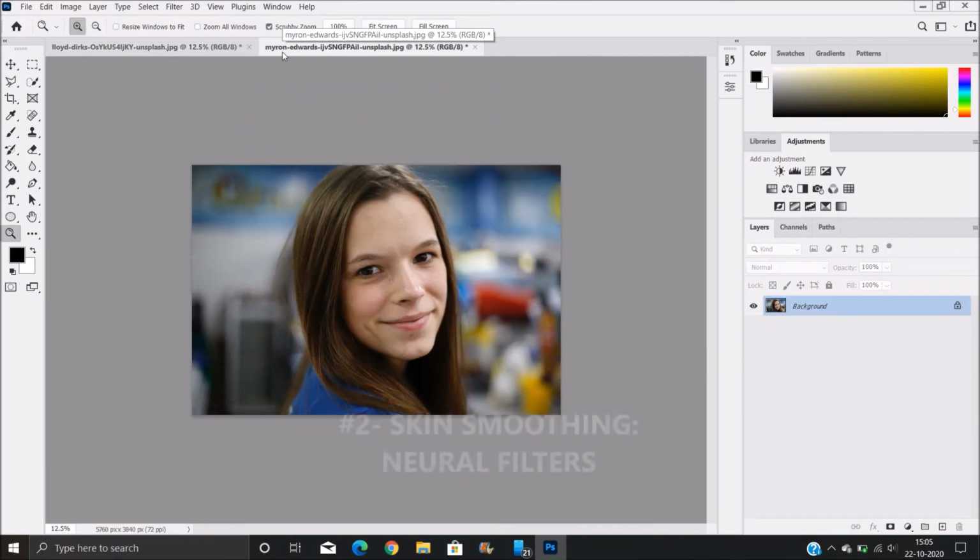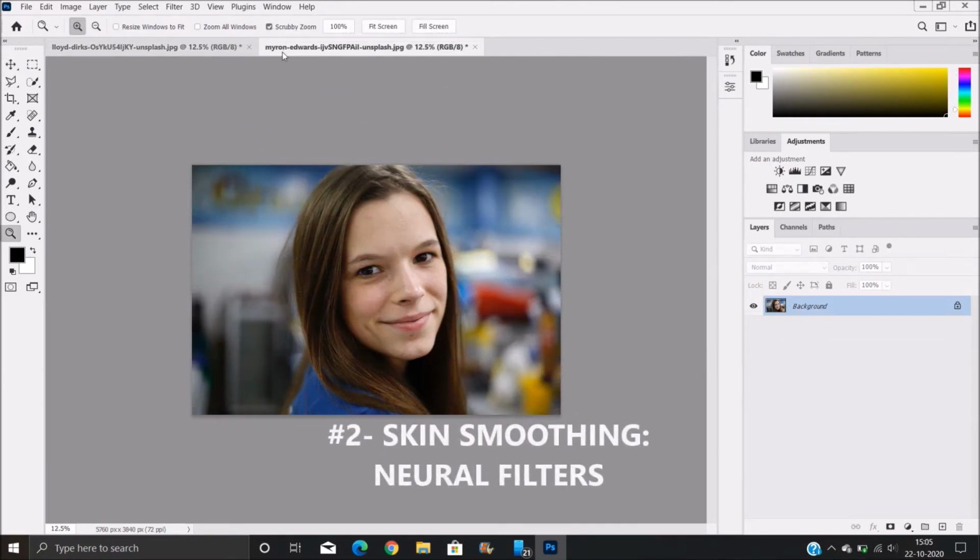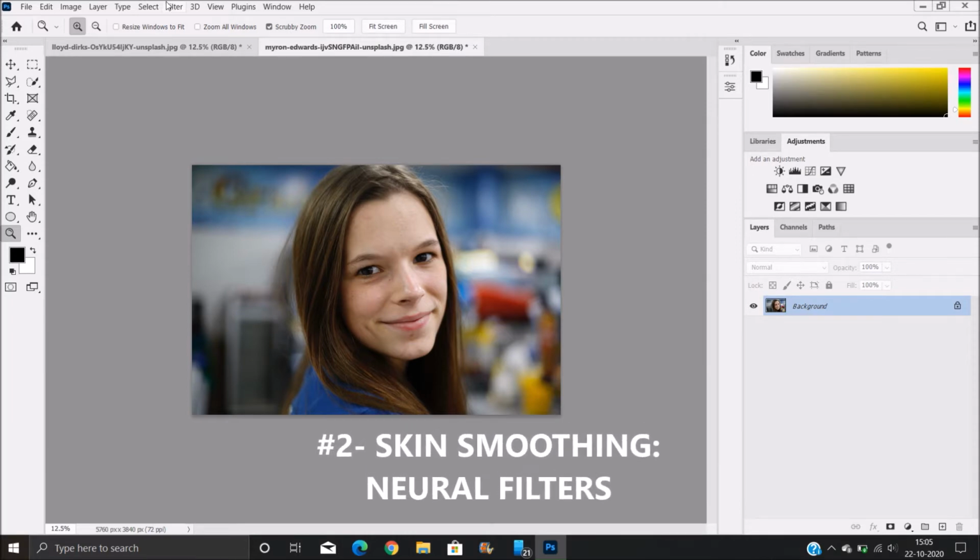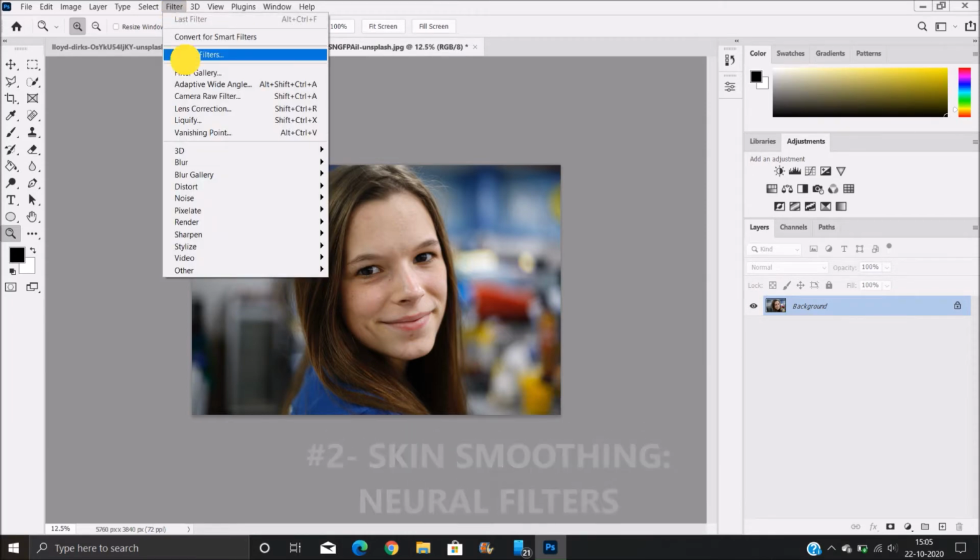Now comes skin smoothing. All you have to do is go to filter and neural filters.